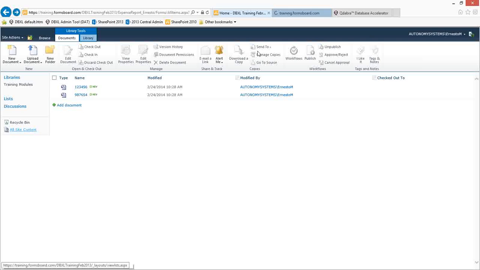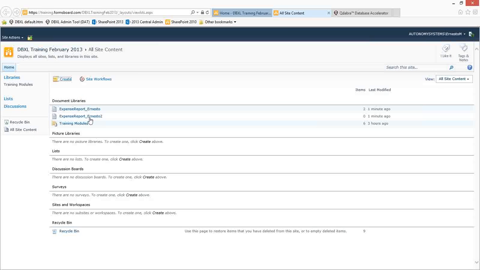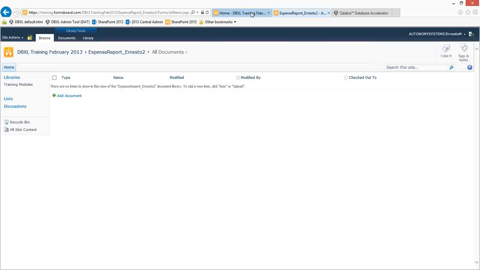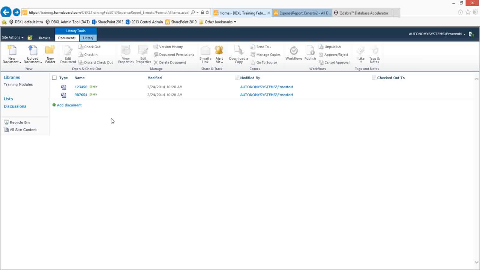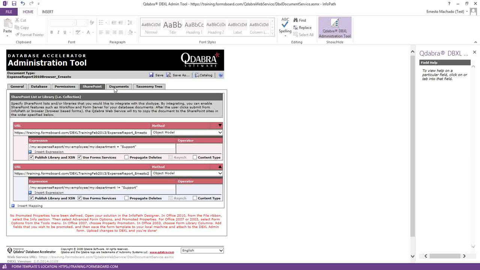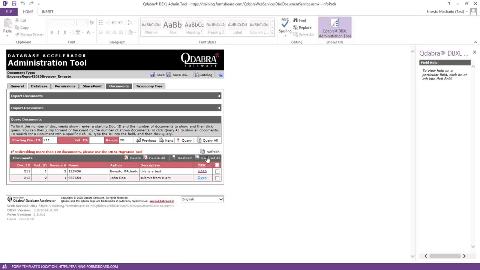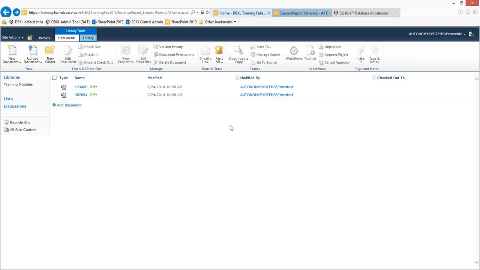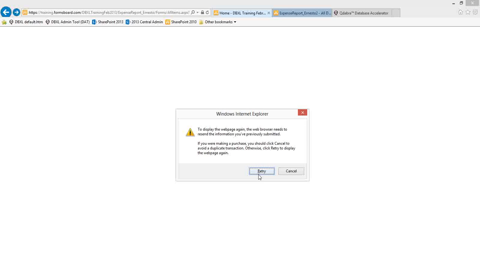If we come here to all site content, that should be there now. Yep. Okay. So now I have my two form libraries, and my documents are still out of sync because these two were previously submitted to that form library. So what I can do is come to the Documents tab and click Reshred All. Reshred All is going to reprocess these and make sure that the conditions are applied correctly. So now if I refresh my form library,